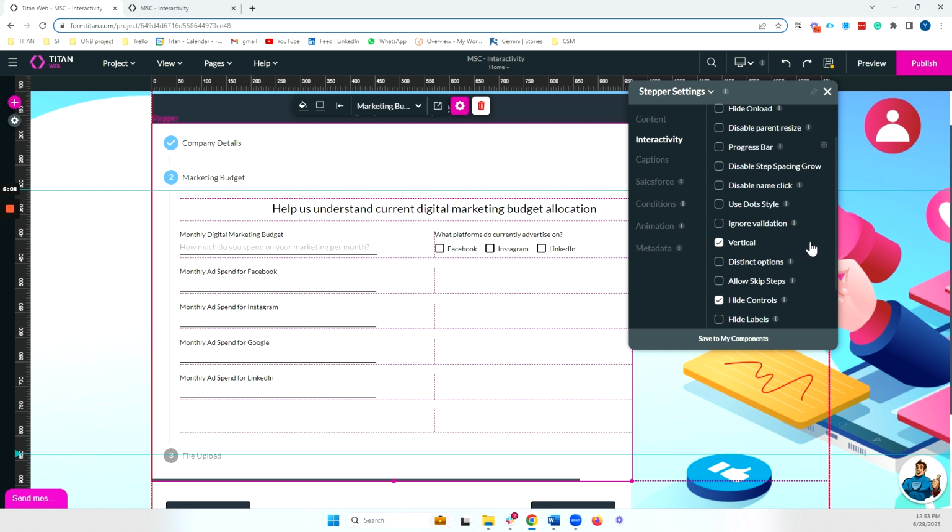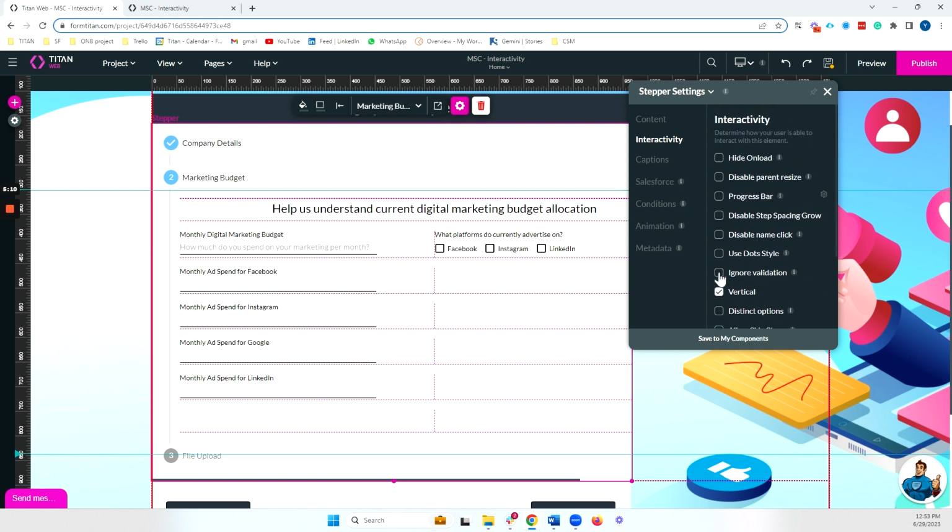The next thing that I want to show is validation. Now we saw that when we tried to go to the next step, it didn't allow us to because we had some mandatory fields. If you don't want that functionality, and this is standard functionality for steppers and multi-step containers,